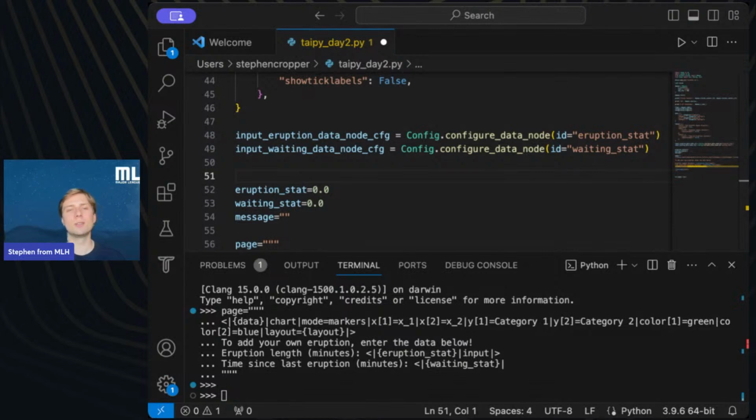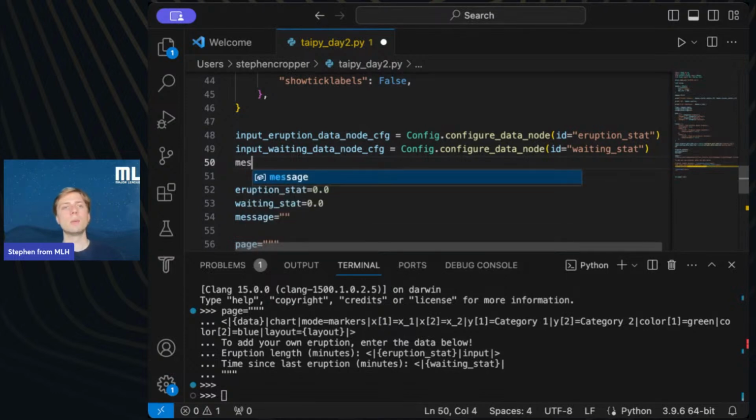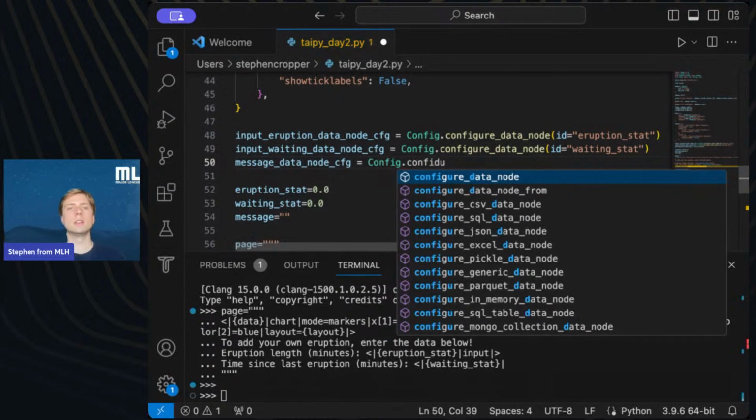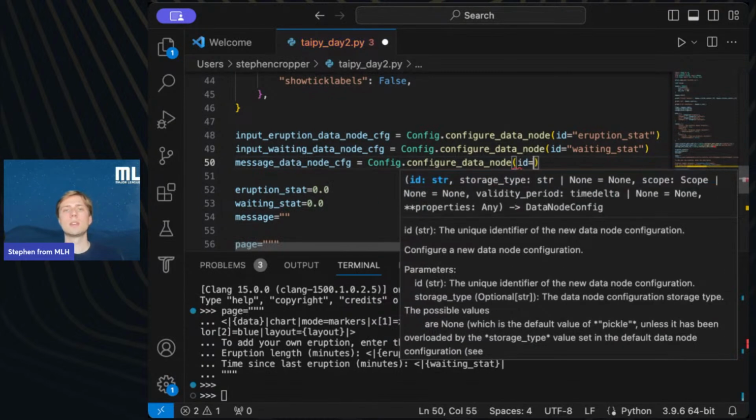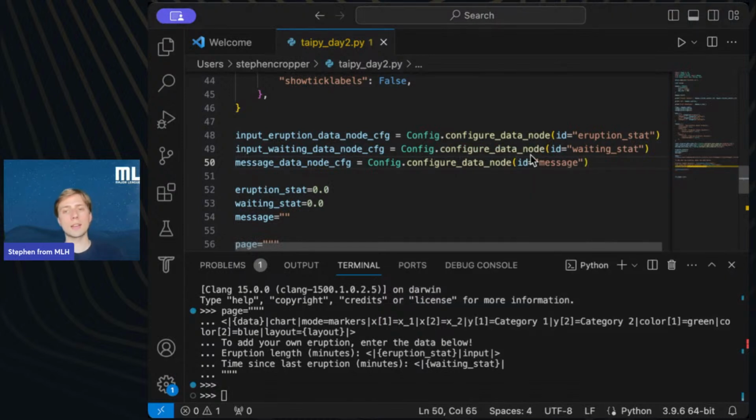It just makes it easier to remember what you're doing when you have these IDs matching, as we learned in part 1. And then we'll have our message data node configuration, which we will configure as a data node and give it the ID message. So that corresponds to the text module.